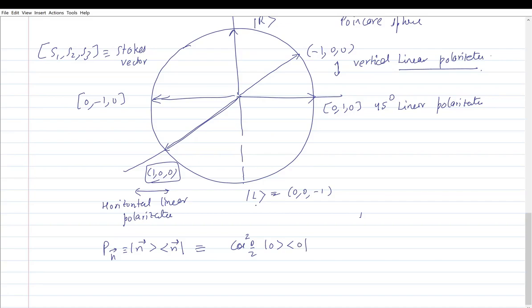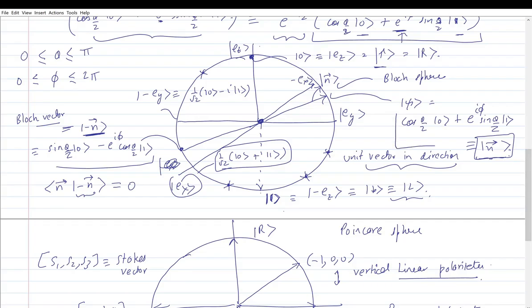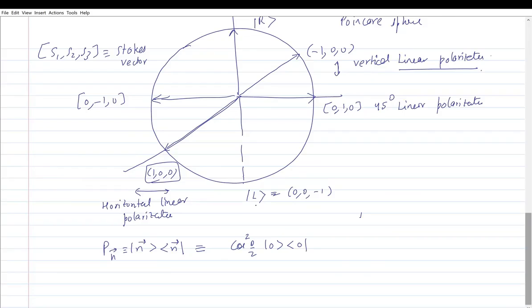I'm just going to expand my generic state in the n direction, and I'm going to obtain, when I evaluate the outer products, that's going to be